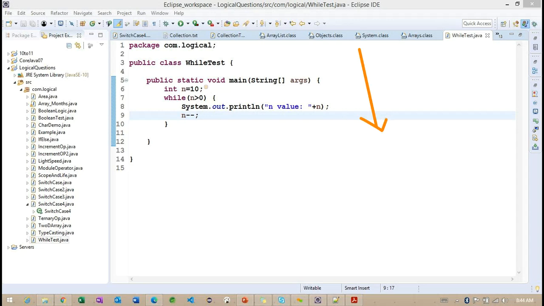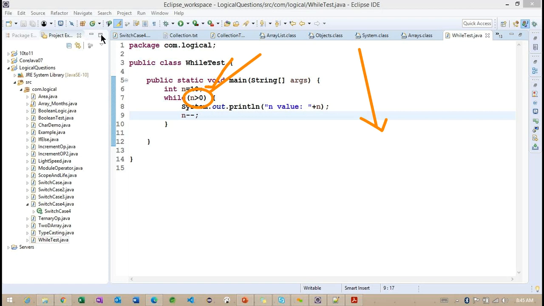Because I already explained here initially, it is going to execute from top to bottom. But you are unable to answer my question here. Initially the n value is 10. Later we are having one condition here. In this condition section, from day one onwards we are checking these conditions: i greater than 0, j greater than 0, n greater than 0. So still you are in confusion. You are unable to answer the question here.